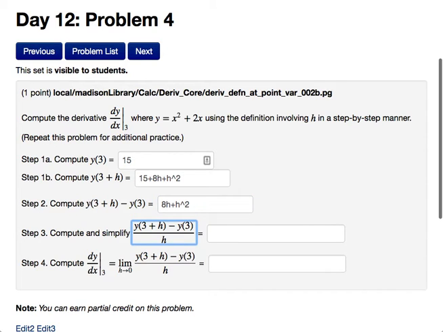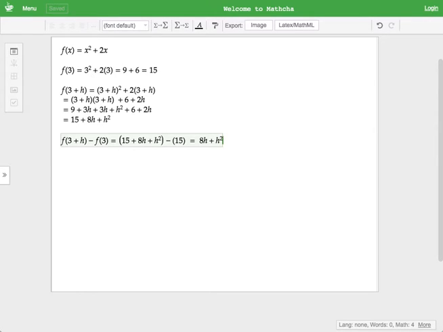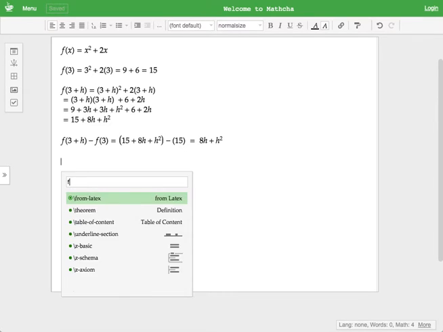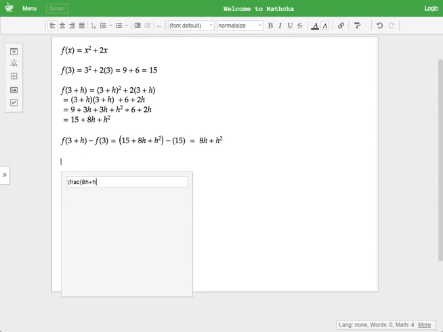And our next step is to calculate the difference quotient. So it's the rise over the run, and the run is always h. So we can't divide by 0, but notice that when I take 8h plus h squared divided by h, I can actually cancel one of the h's. So when I calculate the fraction of 8h plus h squared over h,